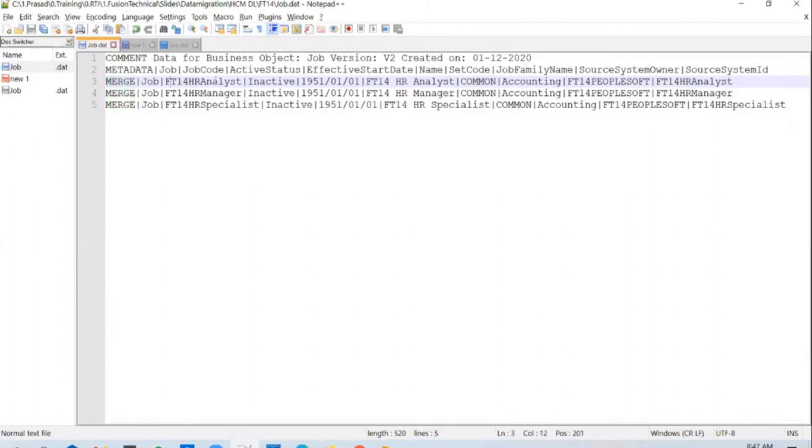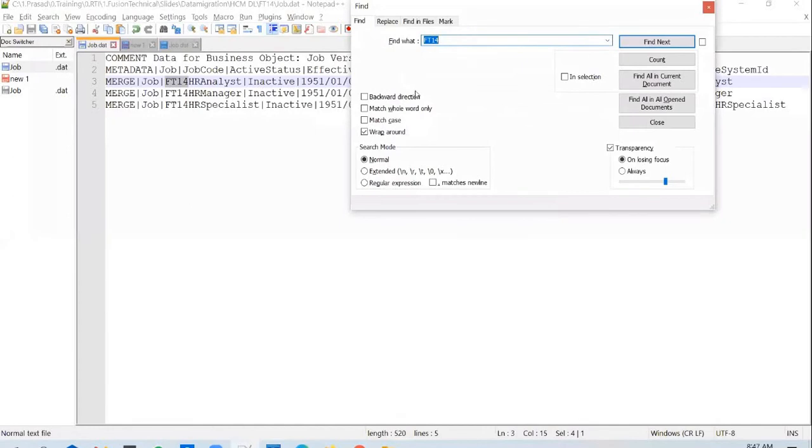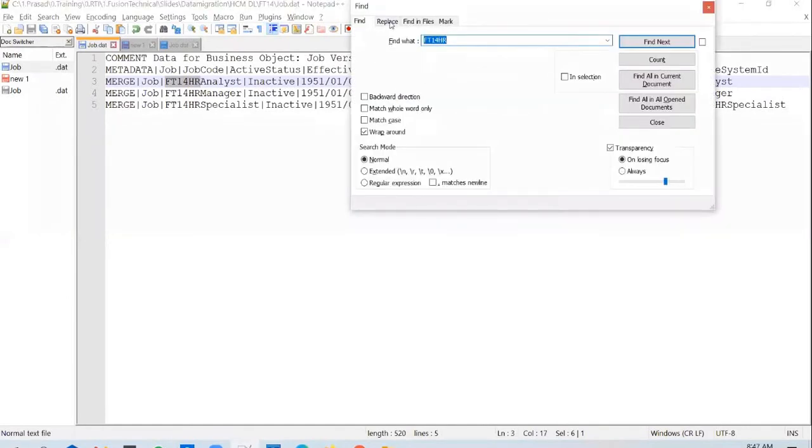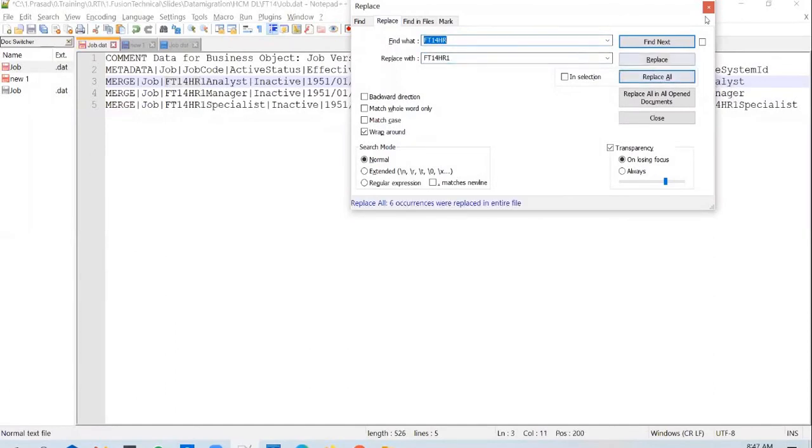And there's one more thing that you need to be aware of. Let's say, for example, let's load in the same file. And say, for example, FT14HR, or say HR1, replace all.